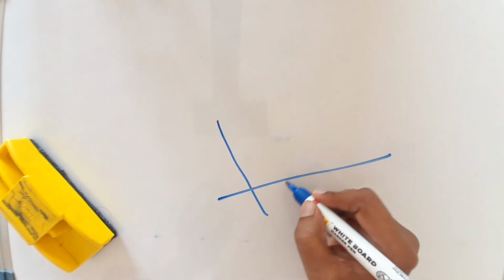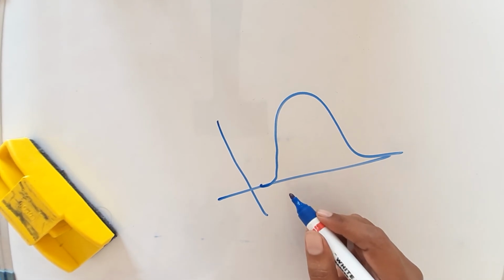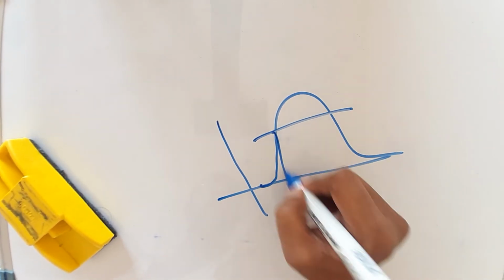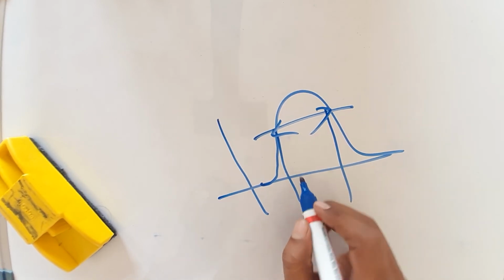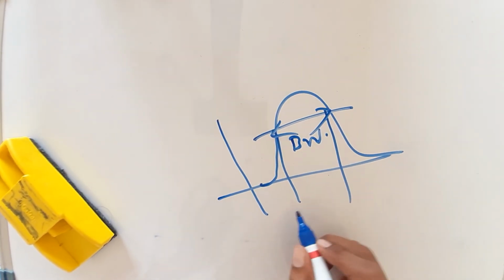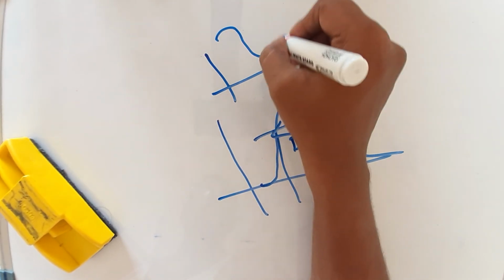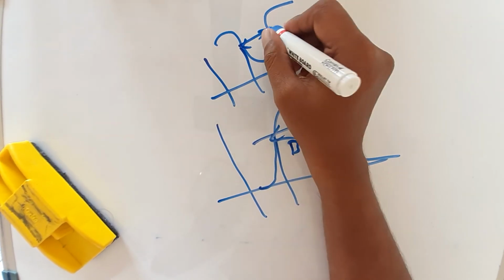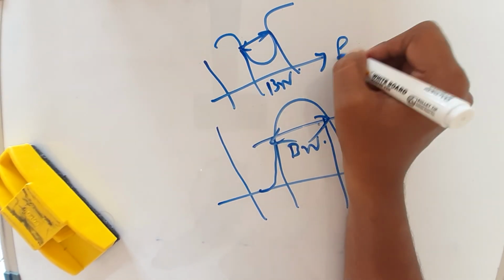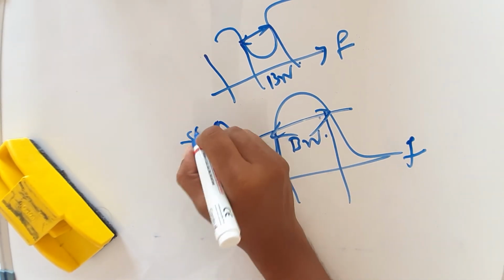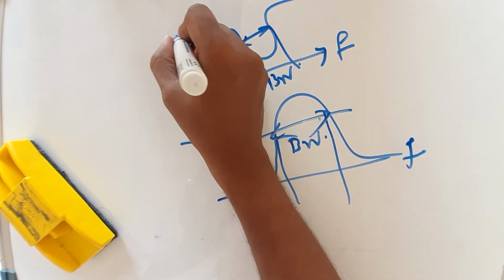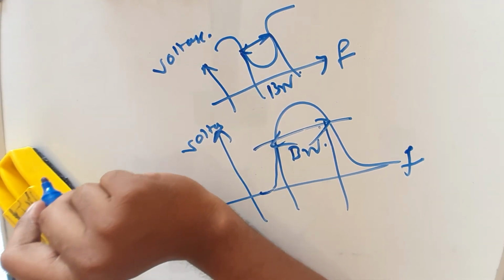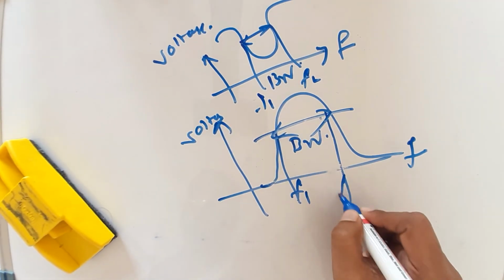It means, for example, it is also used as a filter in a graphic equalizer. For example, this is the frequency response of a band pass filter. So it will pass this range of frequencies. So this is the bandwidth. Similarly, if you want to draw the frequency response of a band stop filter, the band pass filter will pass this range of frequency, while the band stop filter will stop this range of frequency. This is the bandwidth. It is frequency versus voltage. Just remember, it is F1, F2, F1, F2.